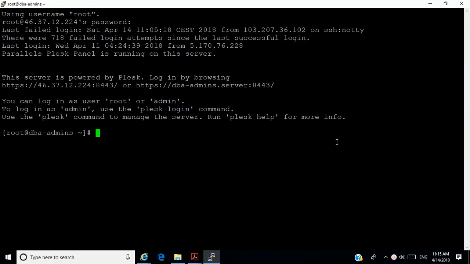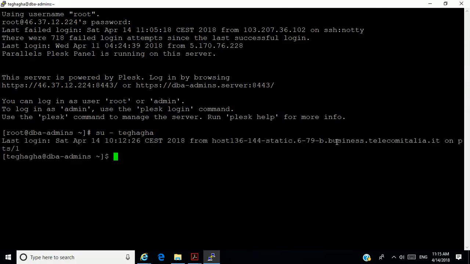And I'm going to connect as my local user, which is TA Gaga. All right, and I expect you all have your own user accounts. Okay, if you don't have a user account and a database that corresponds to your user account, I advise you to do that so you can practice these courses on your own. Okay, remember, if you have a Windows machine or a Windows computer, these things can also be done. Okay, it's very important.